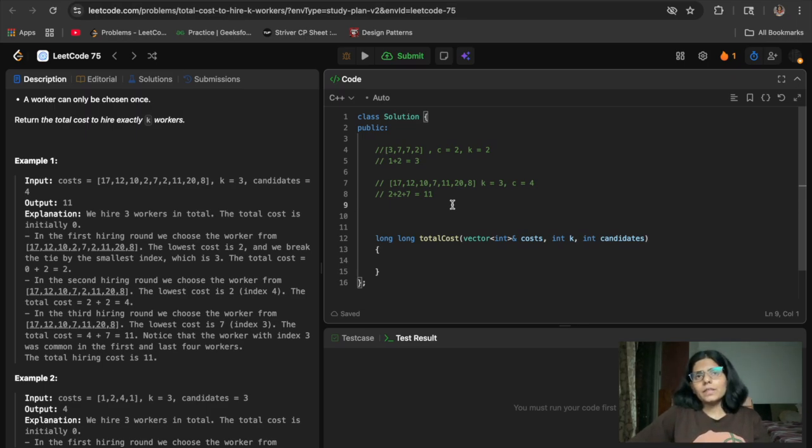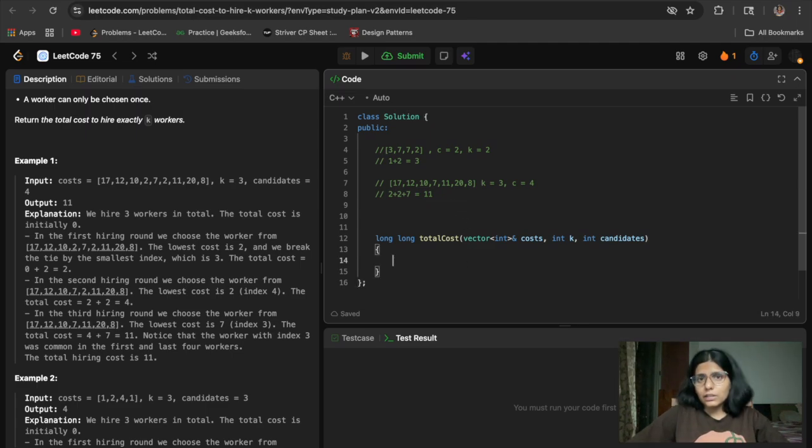So I'll use two heaps, one for the first and one for the last, basically a front heap and a back heap, or just a left heap and a right heap. We will insert elements accordingly, see which side gives the minimum, and from that side we will increase the window, basically increase the candidates.